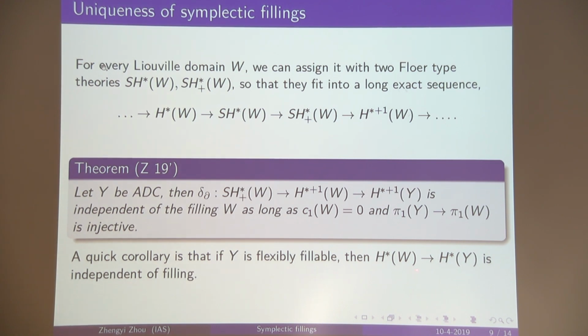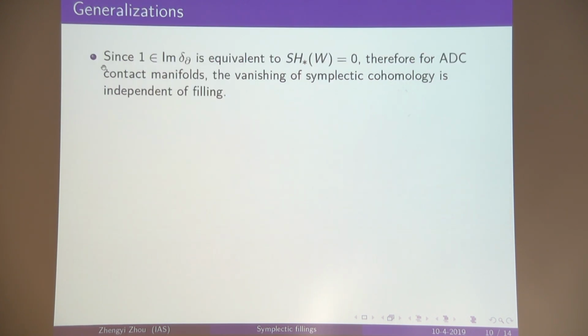And this is essentially the topological information you need to get the diffeomorphism type, because they use h-cobordism argument. Actually, you verify some homology information. So this will actually give you the uniqueness of diffeomorphism type for some examples. Okay, so as I said, a quick corollary is vanishing of symplectic homology as a property independent